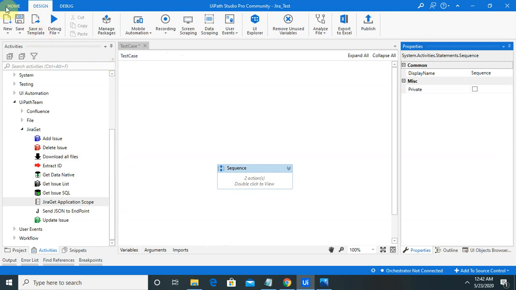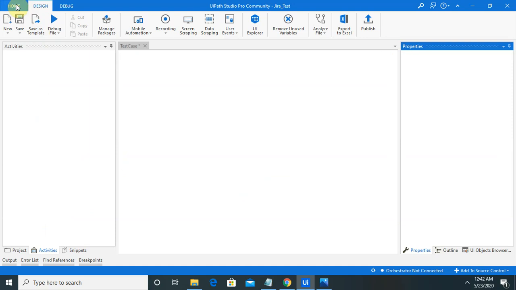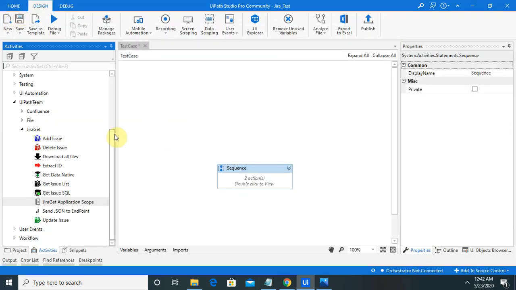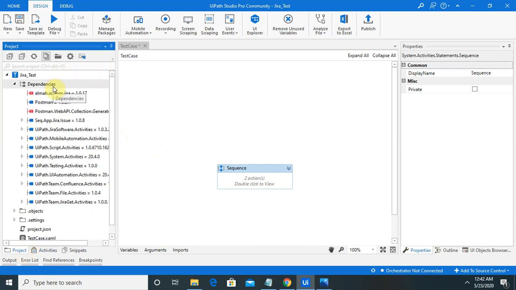Just launch UiPath Studio Pro and select any of the projects. I have already selected one, so I am not selecting a new one. Now go to the project section, where we need to add the dependency of Jira. You can add two dependencies: one is UiPath.Team.Confluence.Activities.